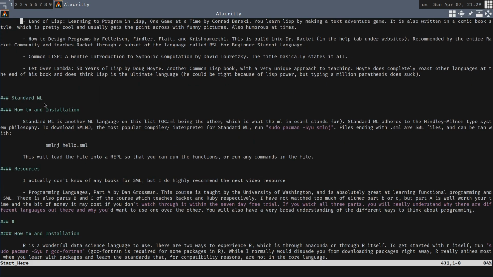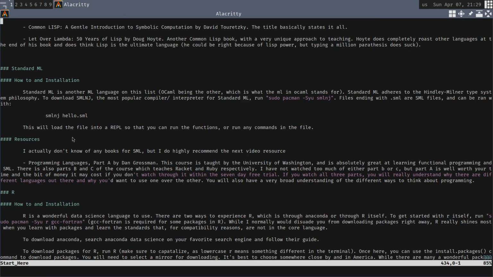Standard ML is a meta language. That's what ML stands for. OCaml is also in this family, but it's significantly different than Standard ML. Standard ML is easy to download with Arch, but specifically what I want to mention about this one is that